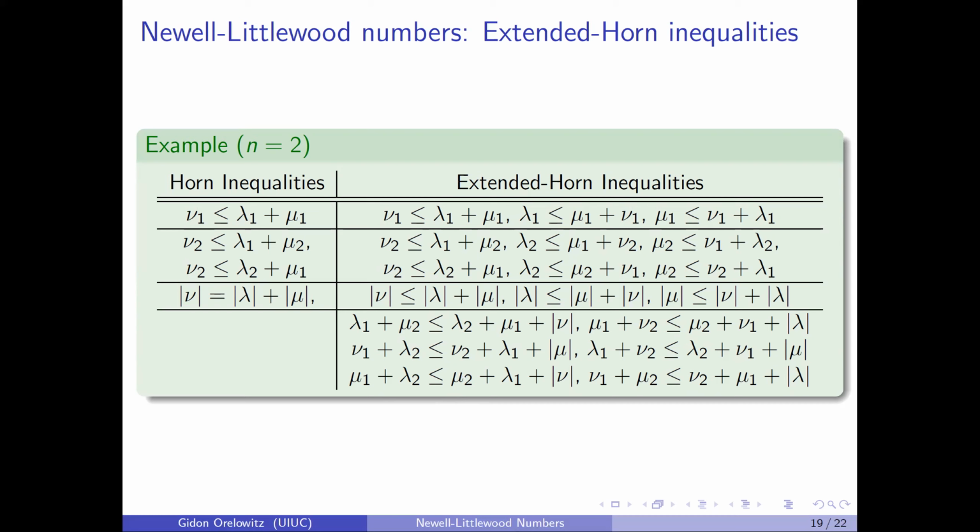These specific ones we've called the extended Weyl inequalities. But the short of it is, as n gets larger and larger, the extended Horn inequalities that don't correspond to Horn inequalities make up a more and more significant portion of the extended Horn inequalities. So by understanding the Horn inequalities and the Littlewood-Richardson semigroup, that doesn't give you a large amount of information to understand the Newell-Littlewood numbers, which is what we would expect. So the last thing I want to talk about